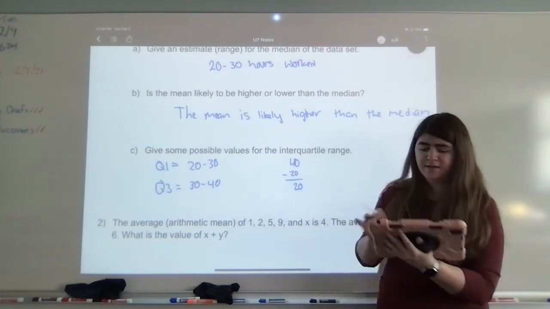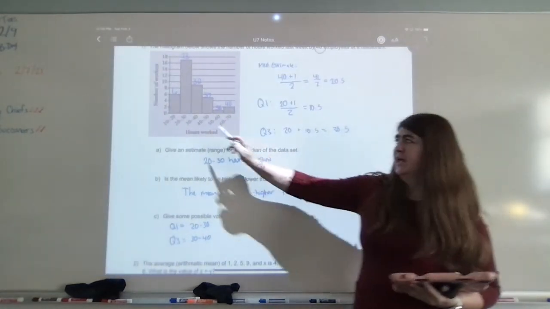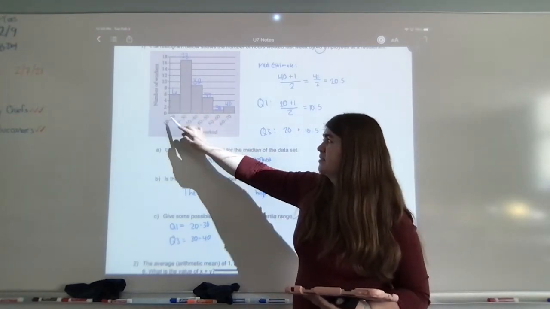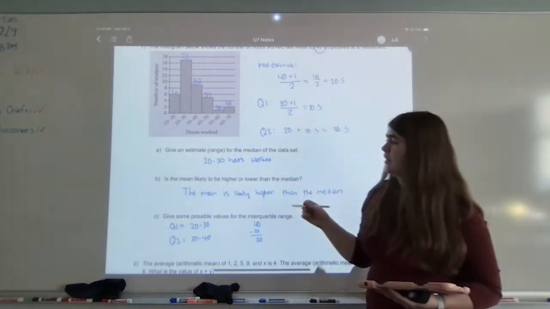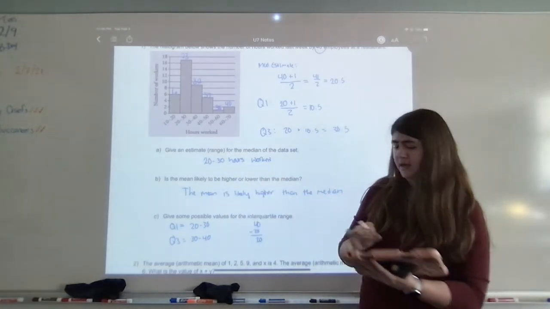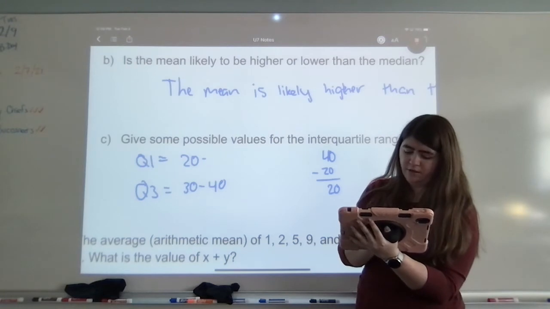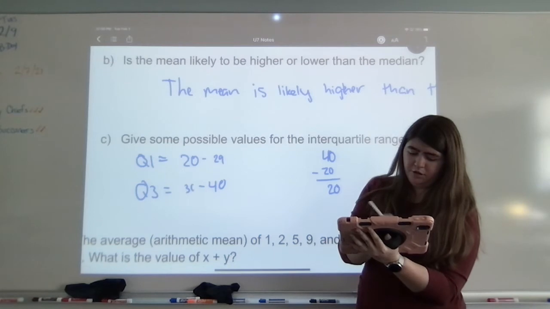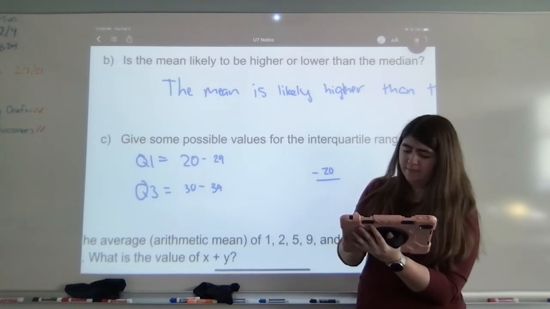And what I'm just realizing here, something that I missed, and we'll fix this now. We have 10 to 20, 20 to 30. If I have 20, then I would count that in this one. So this is really more like 10 to 19, and this is more like 20 to 29. So it might be better to say 20 to 29 hours. And for our range here, I'm going to fix it on this one and leave it for the other one. We have 20 to 29, and 30 to 39 is more of what we're looking for on that one. So we'd be doing 39 minus 20,